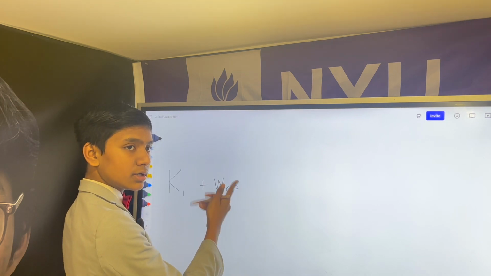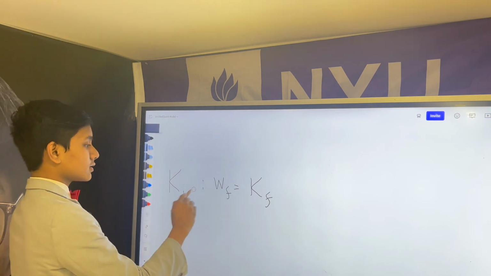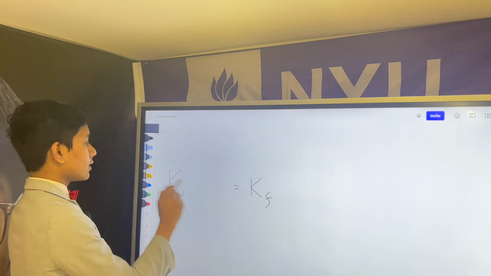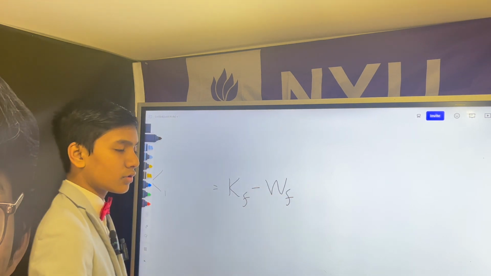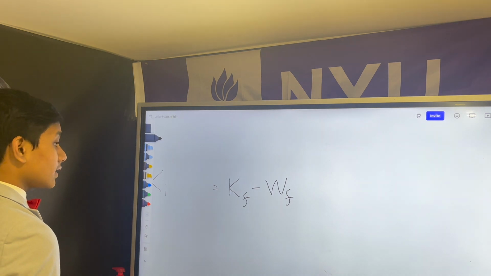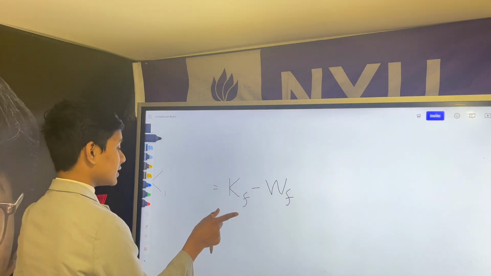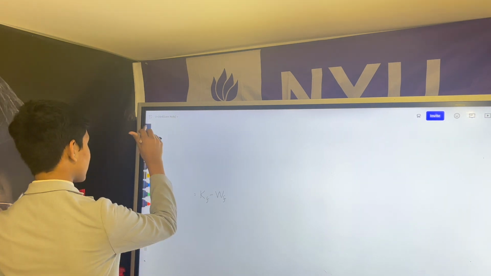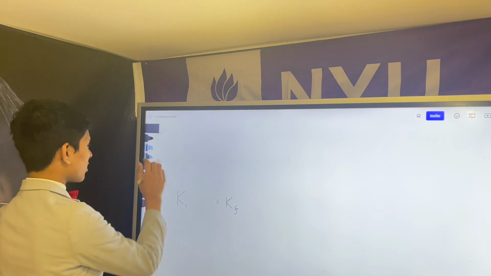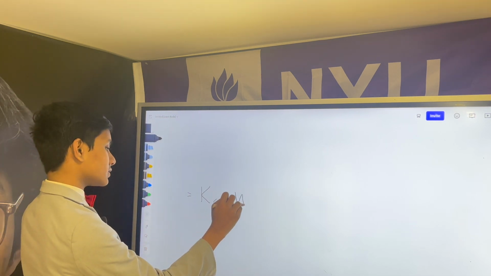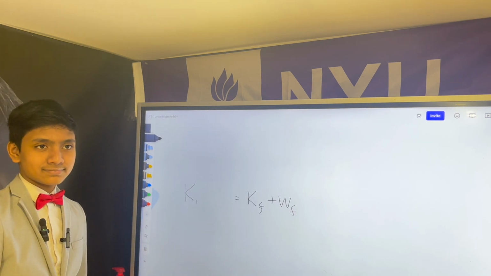is equal to the final kinetic energy. A version that makes more sense to a natural reader is subtracting the work done over... Wait, let me think about this. This would mean that the final kinetic energy is actually greater than the initial kinetic energy, which is obviously not true. You need to subtract on this side, or add on this side. Am I allowed to say something? What? I wanted to say